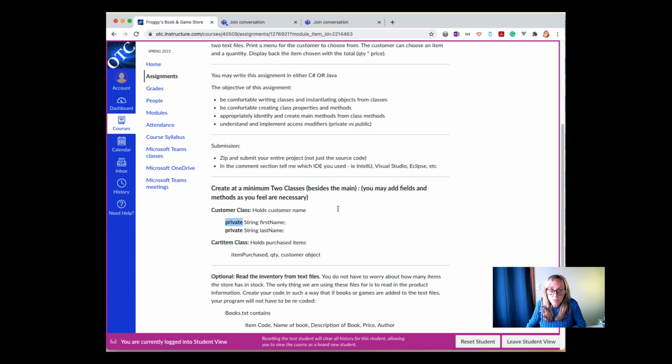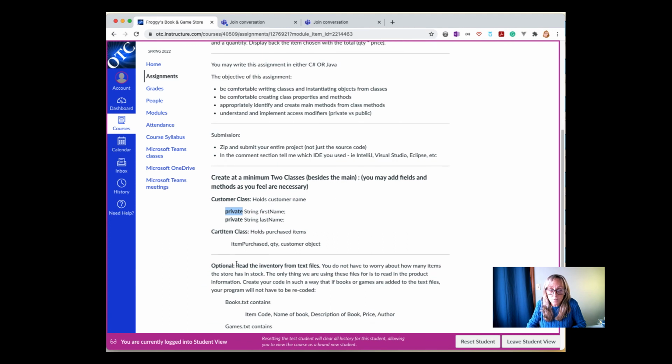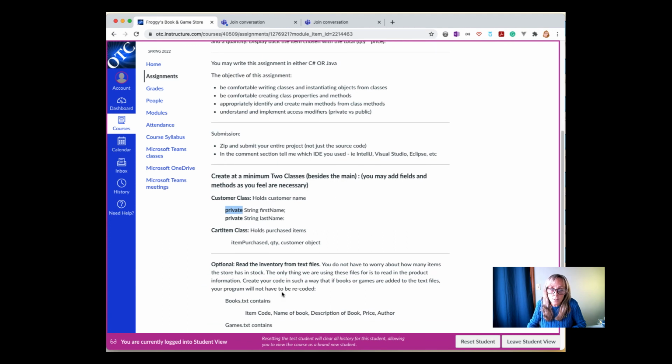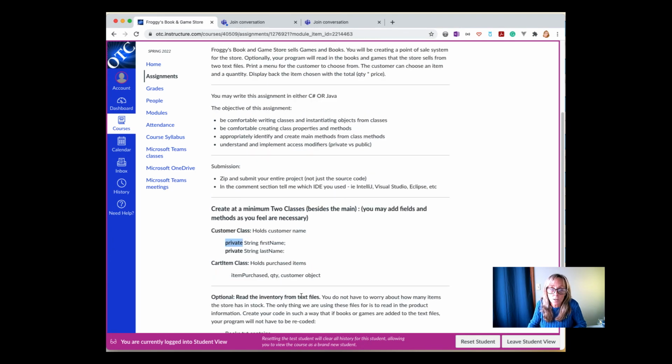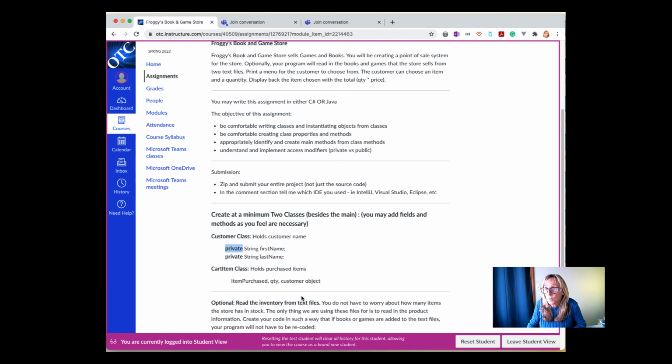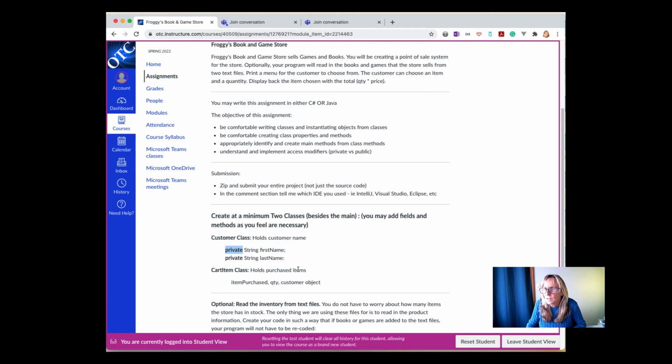Optional in this assignment, if you want to read the data from a text file and implement the code, you can do that. At the end of the semester, we do a little bit of reading in from a text file, so if you want to get warmed up and remember how to do that now, this would be a good time. But that is an optional part. But for sure, you'll want to make sure that you're comfortable with this piece here.